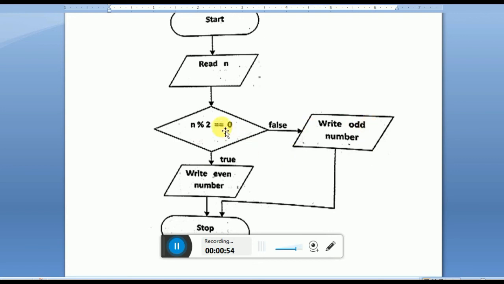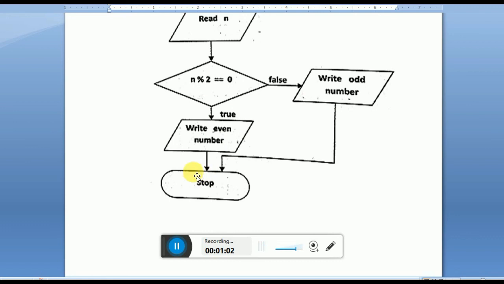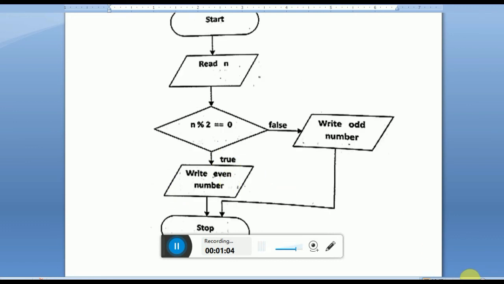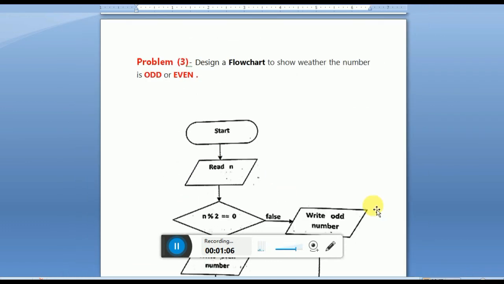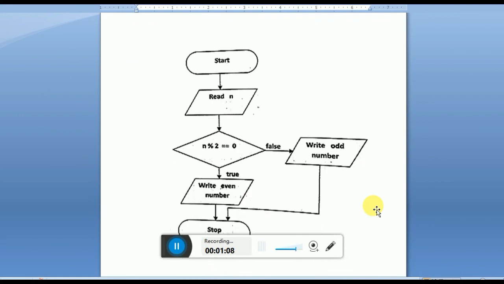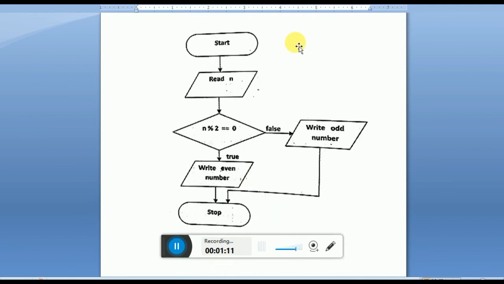If it checks and sees that the remainder is 0, then the program will print it as an even number. After that it will stop. So students, this is a very easy flowchart. Please note it down, you can remember it easily.